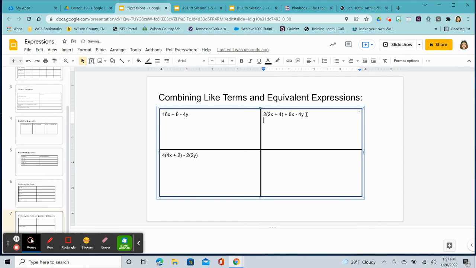So in this particular expression, 2 times 2x would be 4x, plus 2 times 4 is 8. Remember, don't forget when you're distributing to distribute to both terms. Bring down everything else, plus